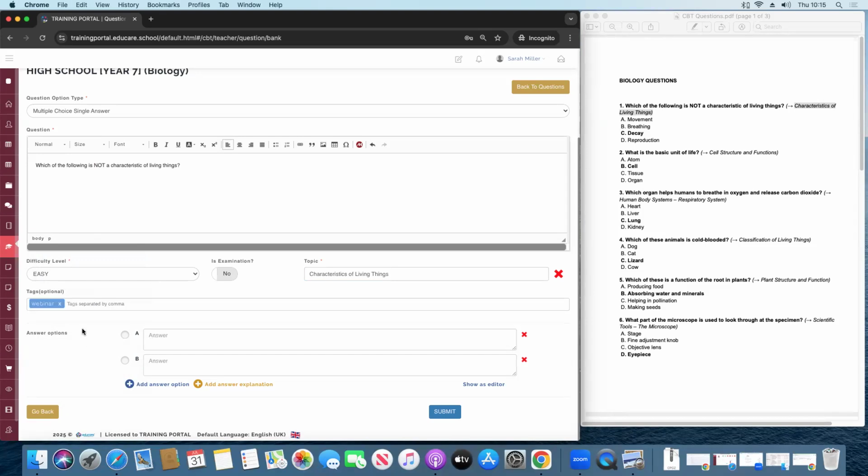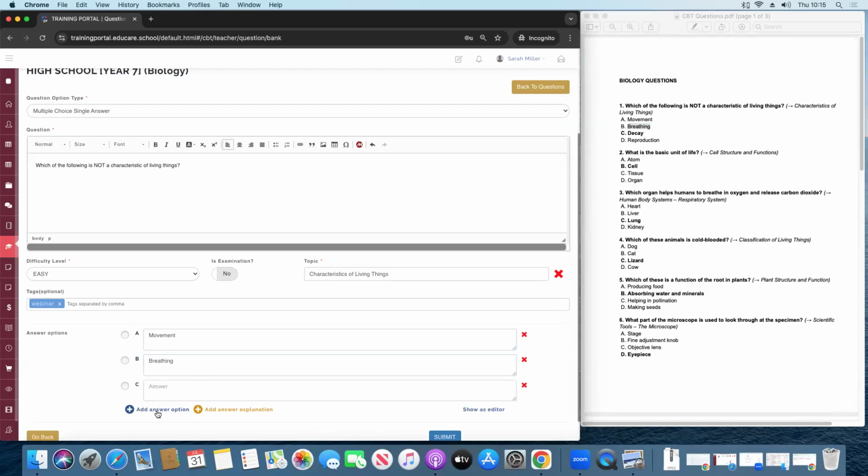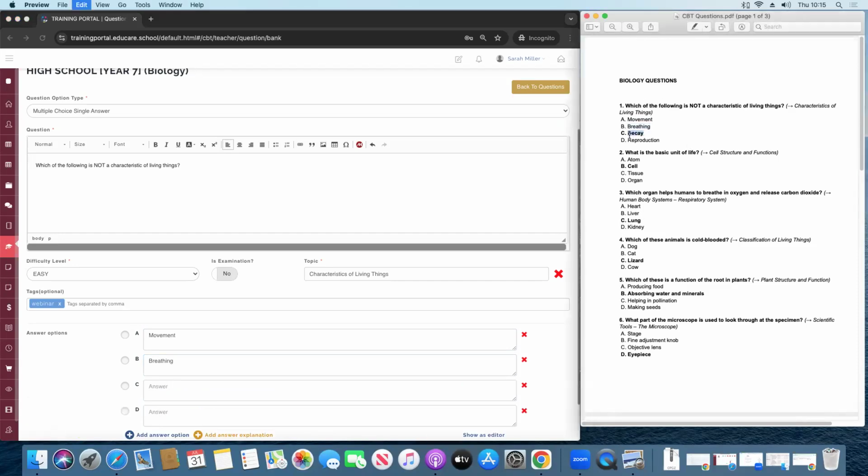So to add the answer options, the first option here is movement. And the next here, I have breathing. So you can add as many options as you want. To add more options, I'm just going to click on this add answer option here. So I'm going to add two more. So I'm going to add decay